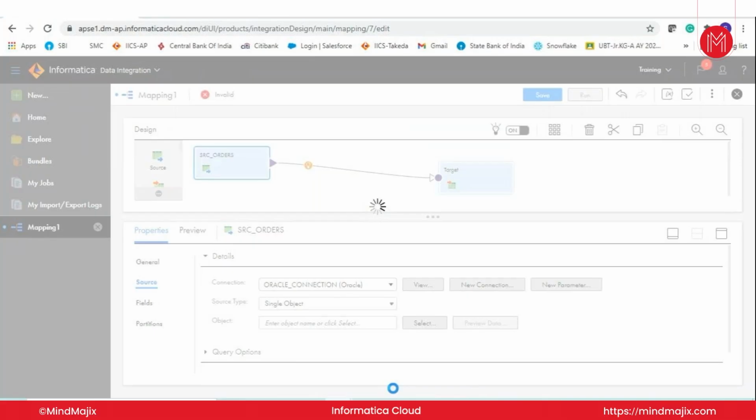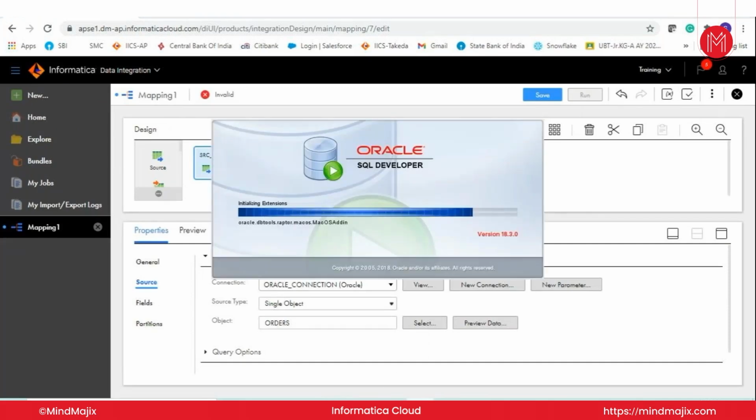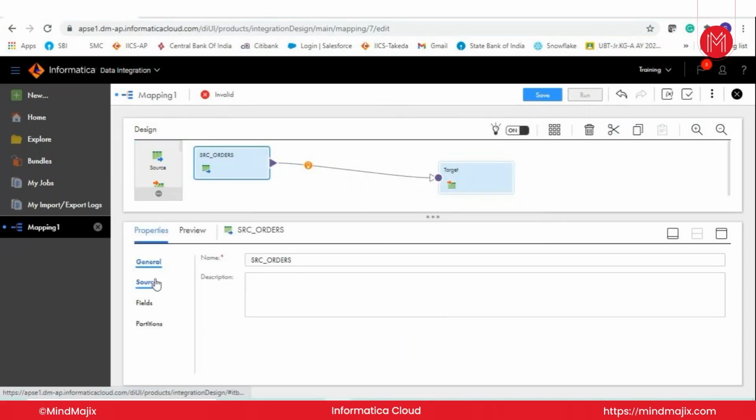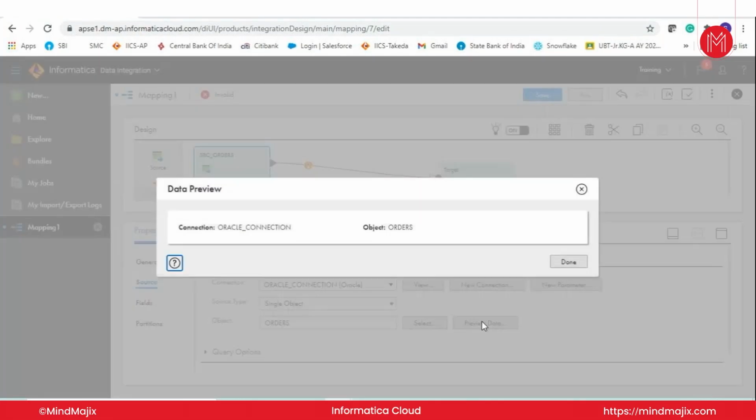So in this order we have different types of status, right? What type of orders they are, right? So we can just route the data on the basis of that type, and we will create those many user defined groups. So if I go to source and preview, as my database is still opening up,